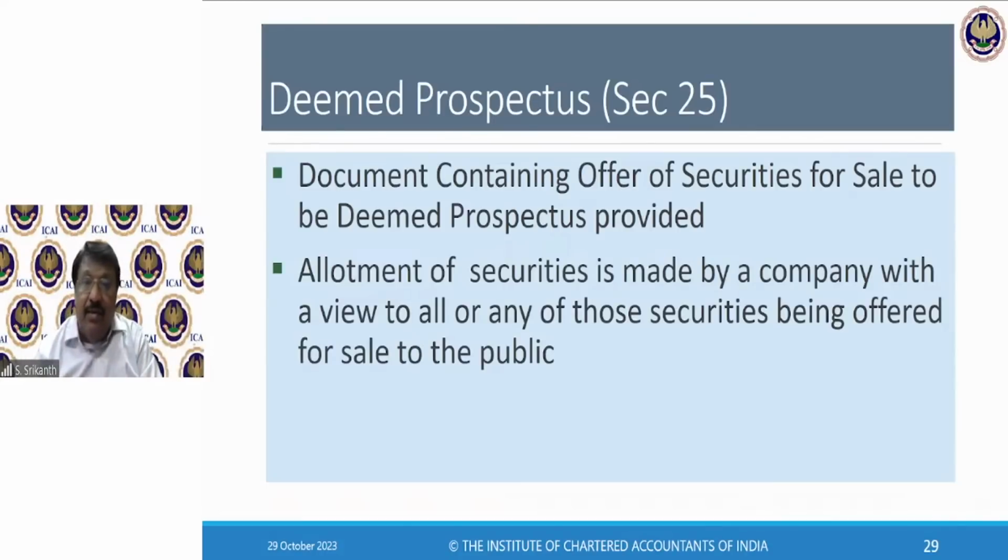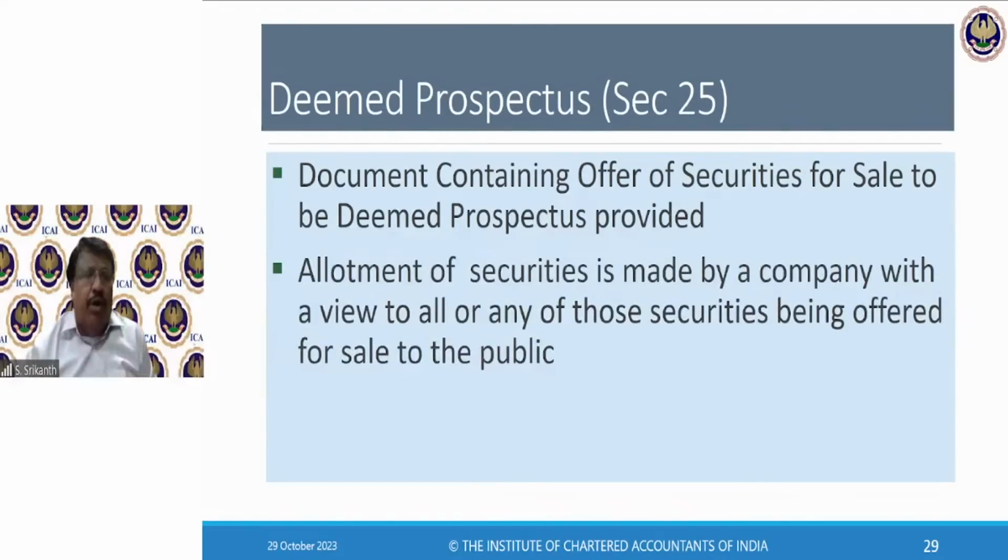Then this issuing house, this merchant banker, this big shot will send letters to the public wherein he will say, buy the shares of this company. This is good. That document, that letter may not comply with the requirement of prospectus. And they will say, you said only if the company does it, it's a prospectus. The company is not doing it. I am doing it.